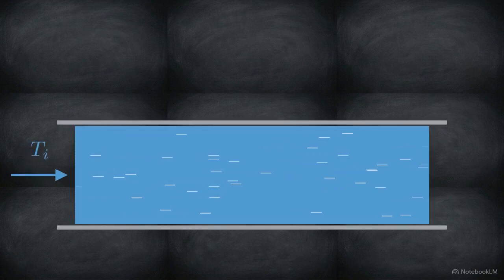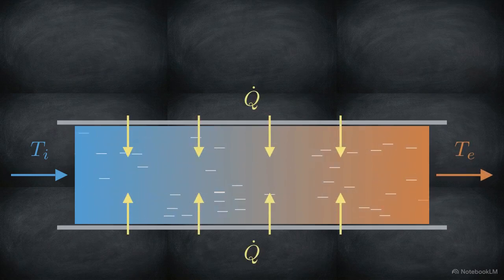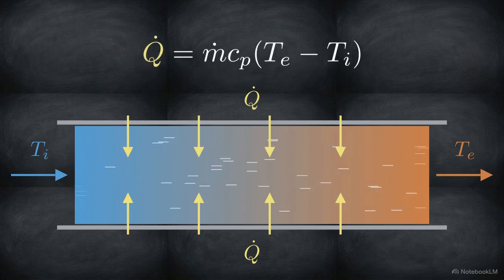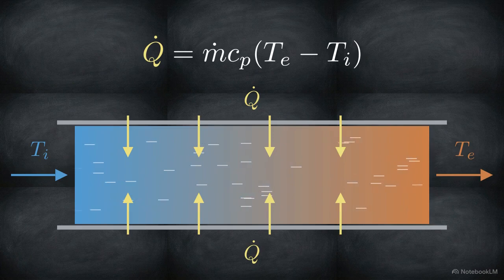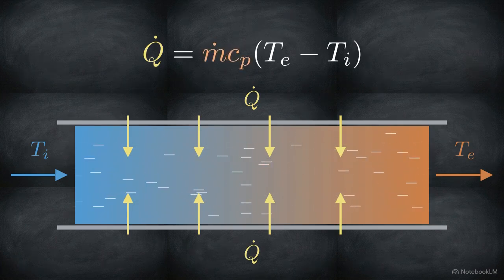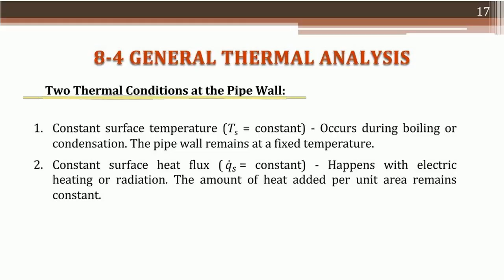When cold fluid enters a heated pipe and exits hot, energy is added to the flow. This energy moves inward from the pipe wall, represented by heat transfer rate, Q dot. Regardless of the heating method, total energy gained must satisfy a foundational balance, the product of mass flow rate, specific heat, and temperature rise. However, the way that heat enters the fluid depends entirely on the condition of the pipe